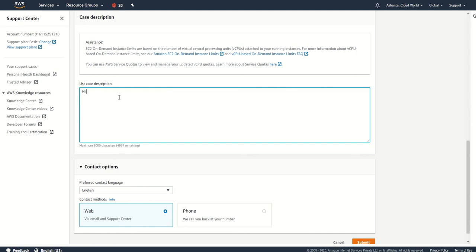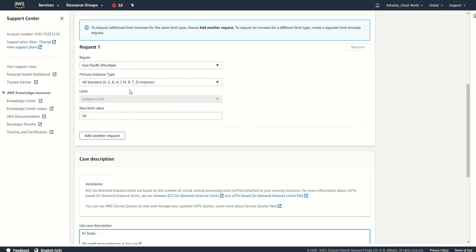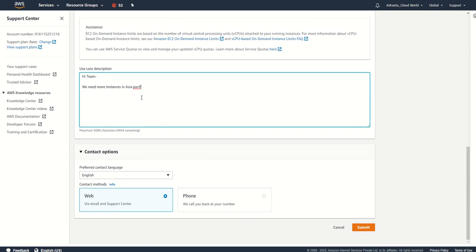You can just mention something like this: Hi team, we need more instances in the Asia Pacific Mumbai region.